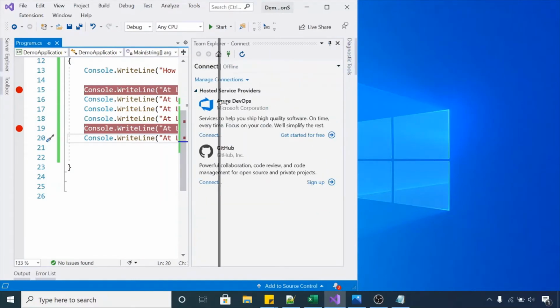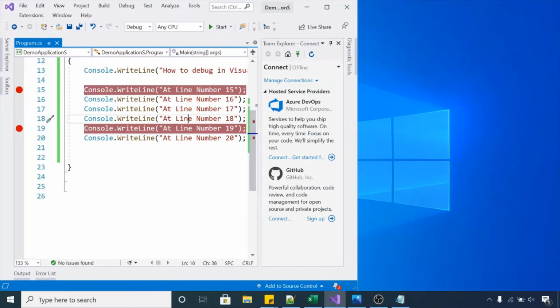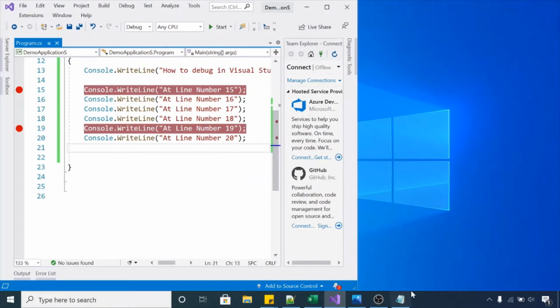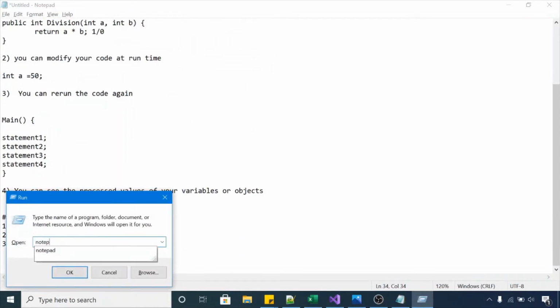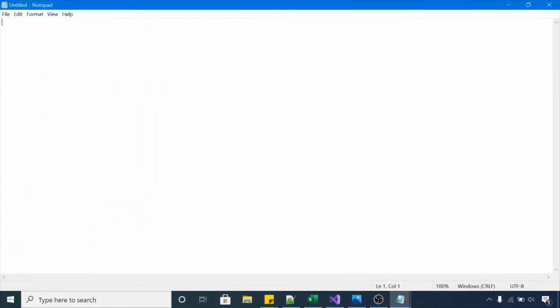Let me show you again. Now I have shown you the uses of F5. Let me launch another file to understand. We have used F5 to execute in debug mode.